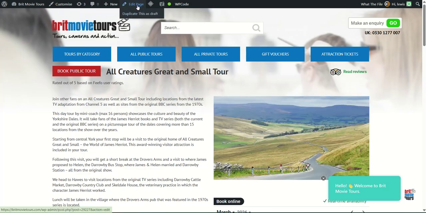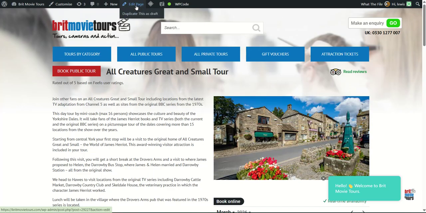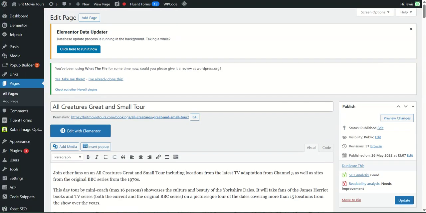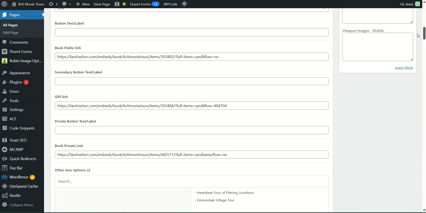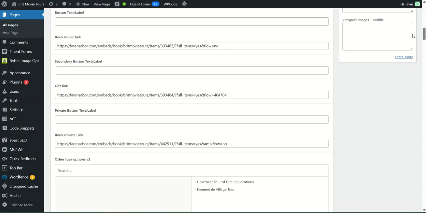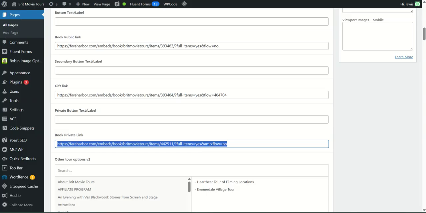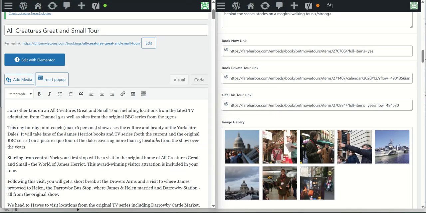So again, on the existing web page, you click on Edit Page, and then you get the booking links that you need here. So, for example, to get the private booking link, you go to Book Private Link there. So I'm now just going to minimize that screen, and then